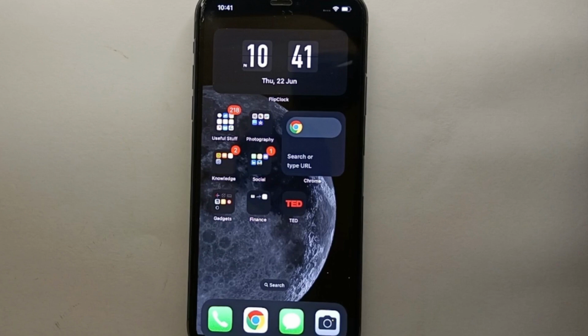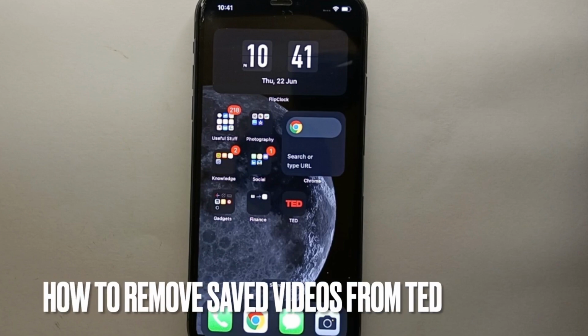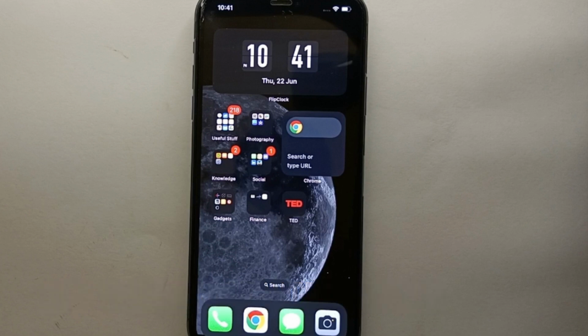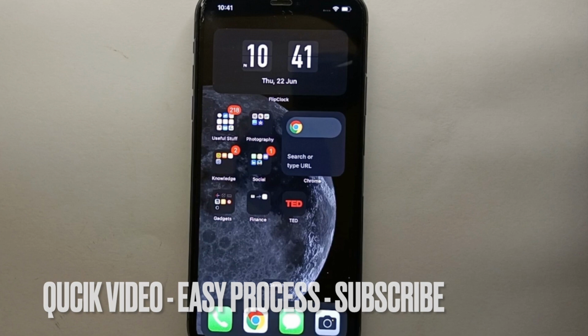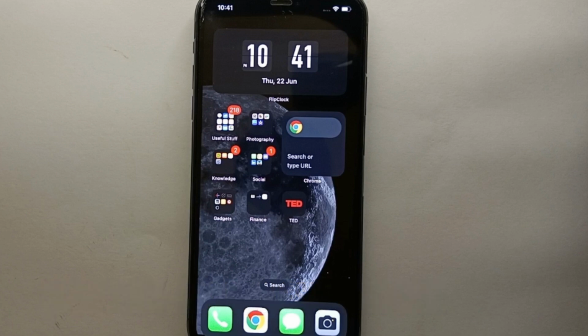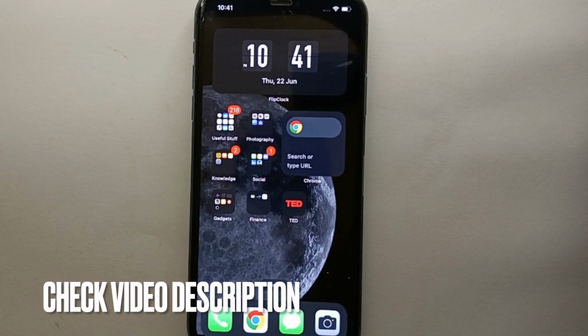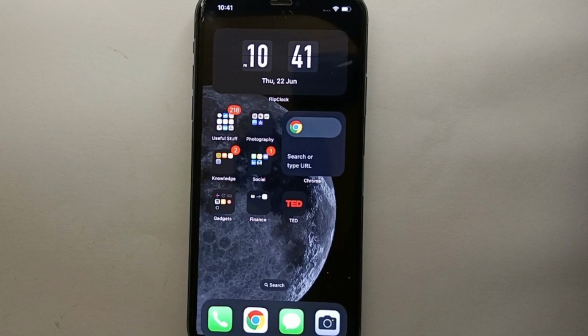In this video, we will see how to remove the saved video on TED. Also, I wonder why you want to know how to delete the saved video on TED. Maybe because you have seen the saved video in TED and now you want to delete it. Or maybe you don't need the videos any longer, or you accidentally added the videos into the save list and now you want to delete it, or it could be any other reason for you to delete the saved videos on that. So whatever the reason it could be, in this video I'll show you how easily you could do